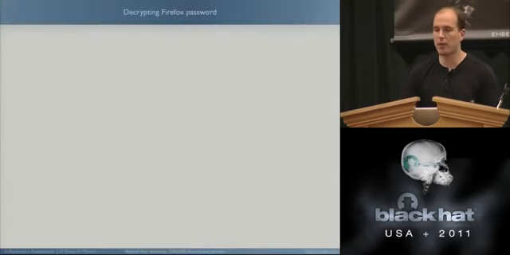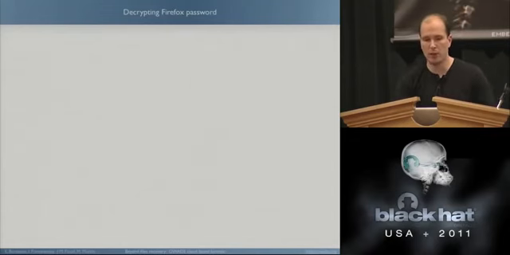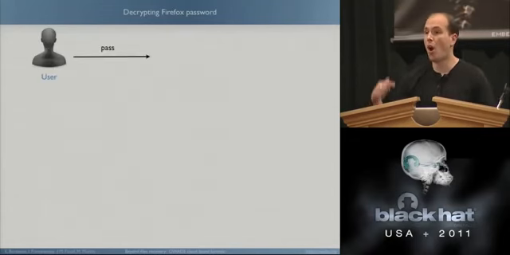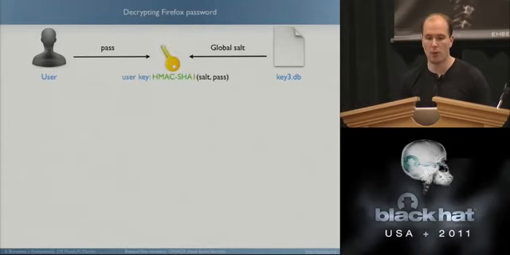So how do you decrypt a Firefox password? It's actually not tied to DPAPI. You need the user password, which is a master password you might have set only for Firefox. And with that, you're going to have to extract a global salt, which is located in the key3.db, which is actually a Berkeley DB version 1.85, which I don't know who else used, from the old days. And with that, you're going to do a derivation scheme which involves doing an HMAC using SHA1 to derive the key, and then you have the user key.